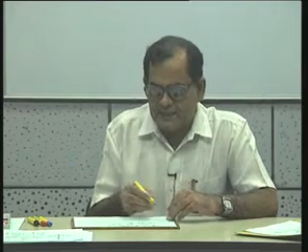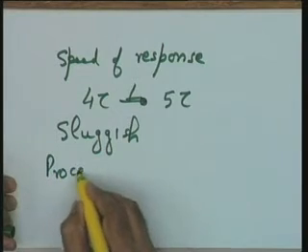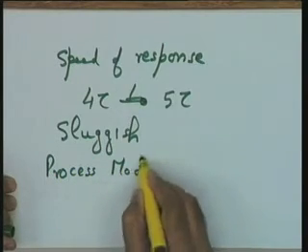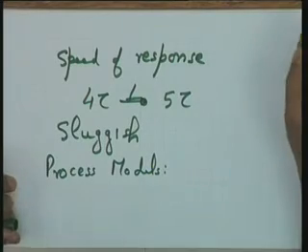The process models, let me make a mention over here. By process, I have defined these terms: control of temperature, liquid level, pressure and the like, the chemical composition. These are the process control applications. These are typically characterized by large time constants, that is, these are sluggish systems. Take for example, the examples we have taken of speed control or radar tracking system. These are characterized by smaller time constants and hence are fast systems.